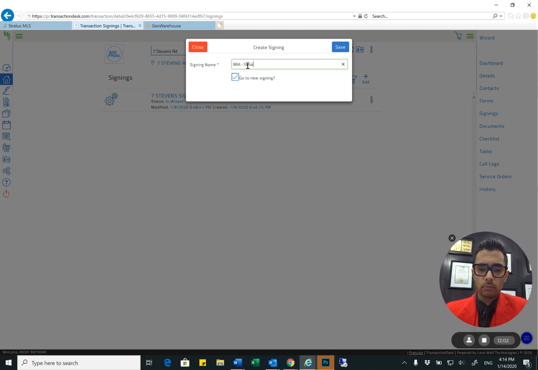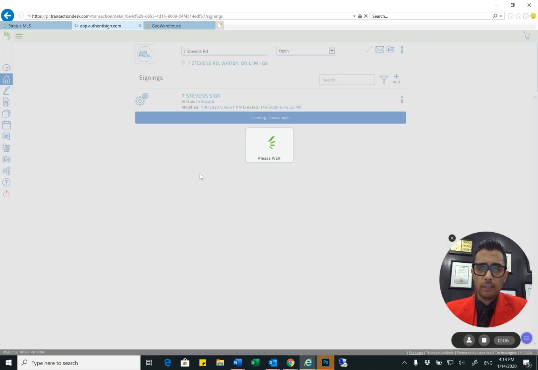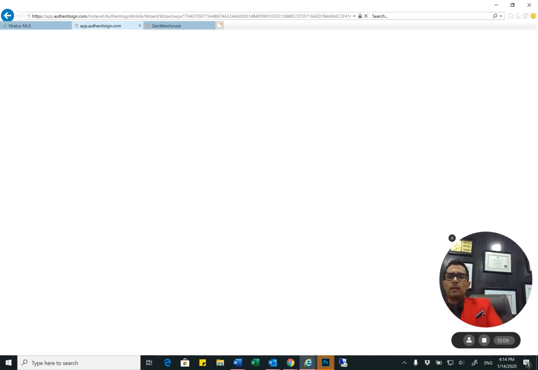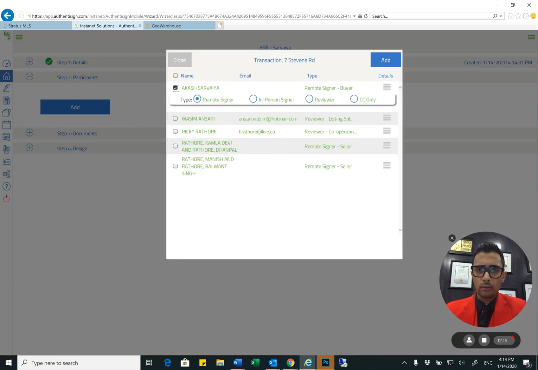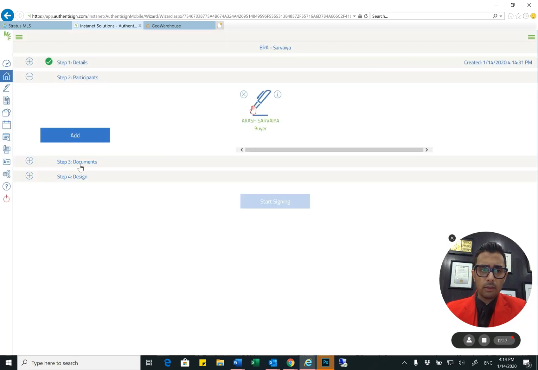So Akash is the client. Click on go to new client, go to new signing. And what this will do is it'll take you to the actual signing feature of AuthentiSign. In here under participants, you'll put the client. Under the documents,